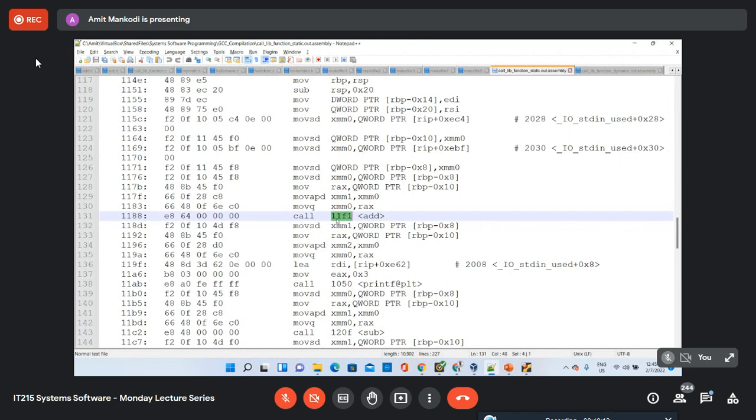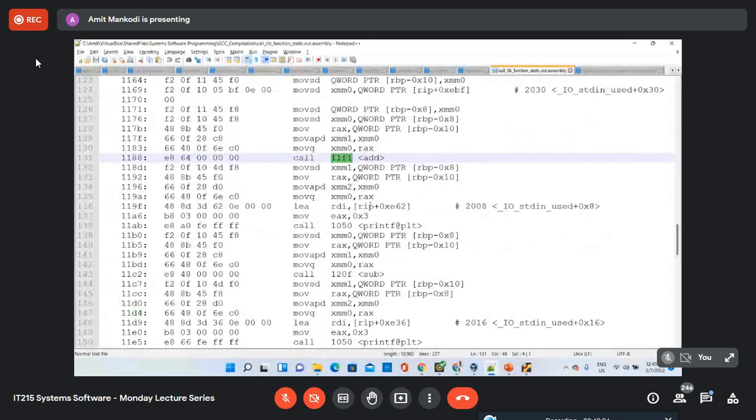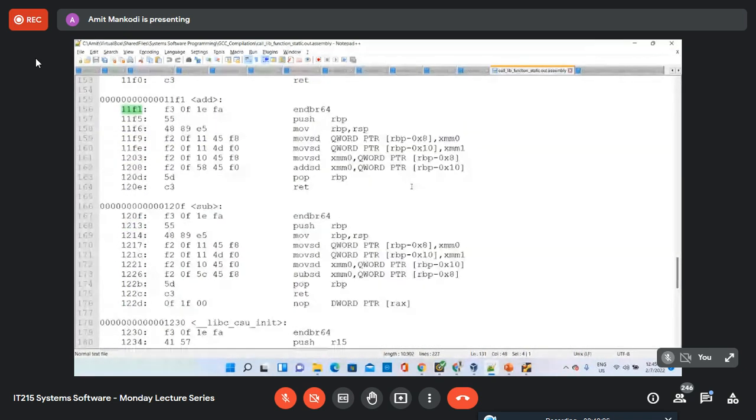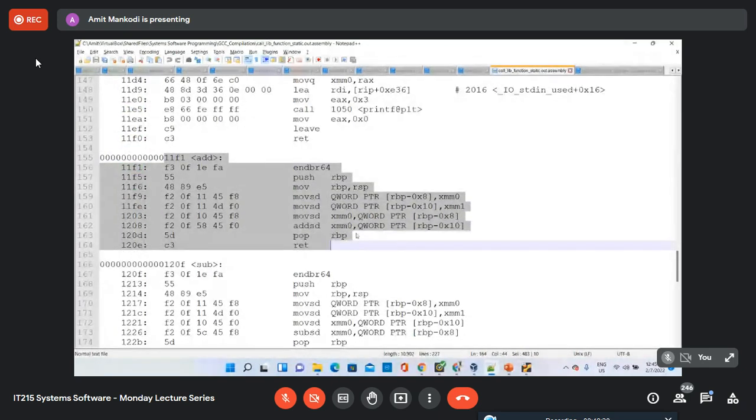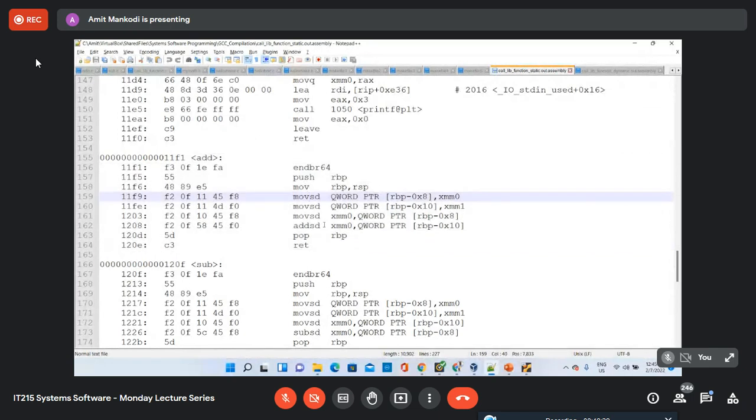So when we go to this address, we are expecting to find the actual function code of the add function, not the dummy reference. So when I go to this 11F1, this is the place where the actual function code is included.